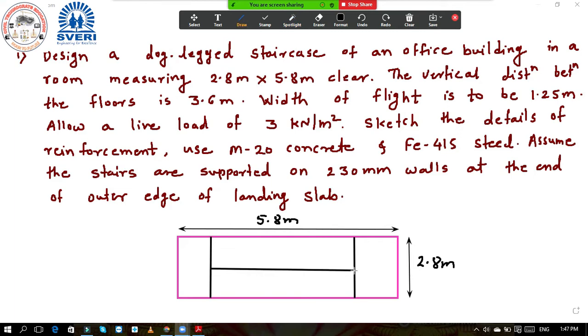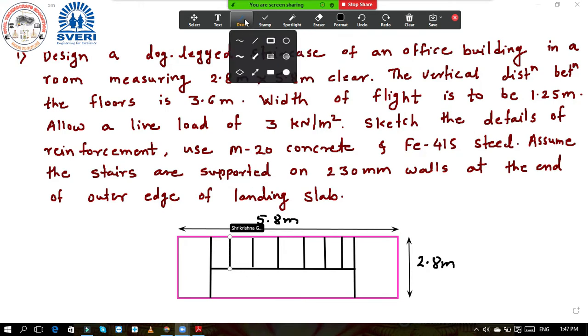This is the line, and our steps will be here, somewhere here the steps are there. In this way the steps may be there. The number of steps we also need to calculate, how many steps will be there. These are the steps, and on this side, if you move from this side,